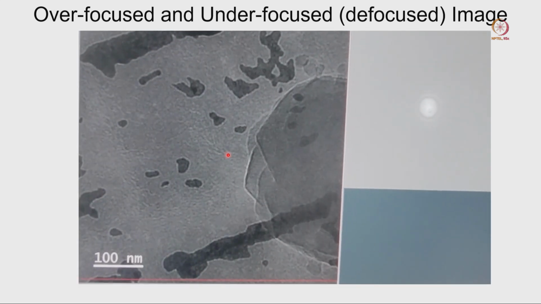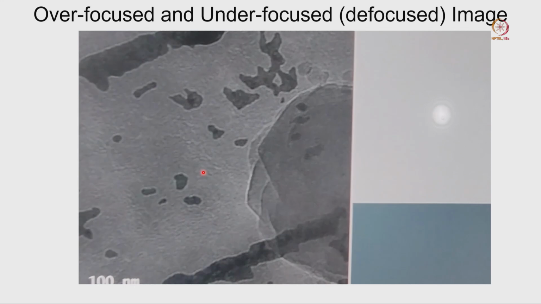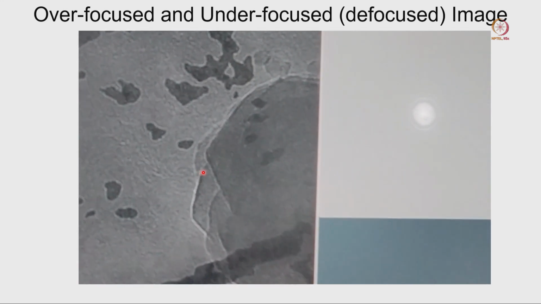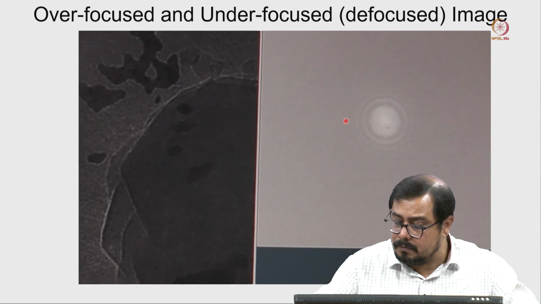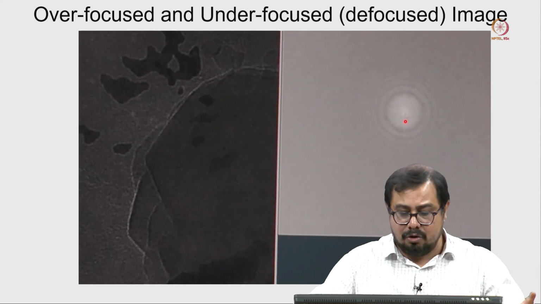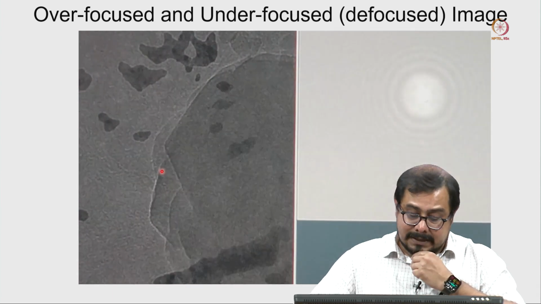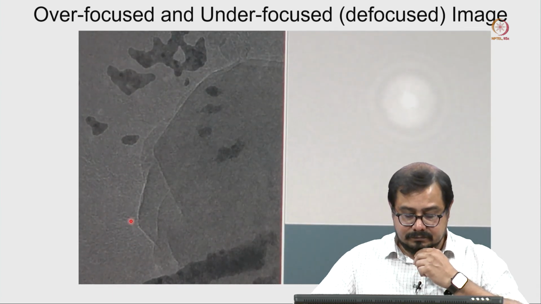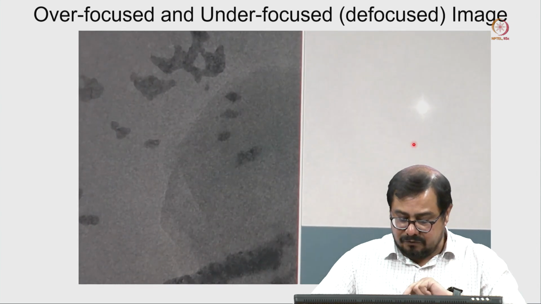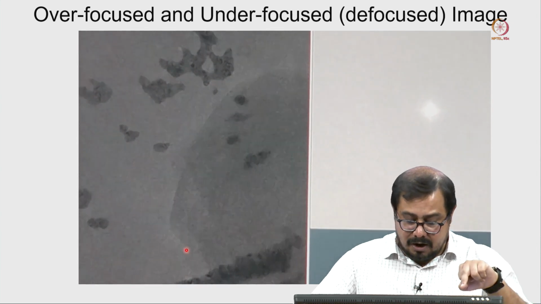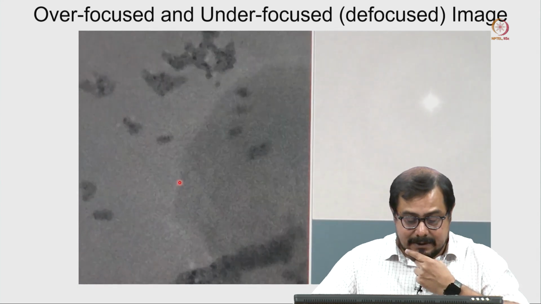Now when you go in the opposite direction, you can see that the overall pattern is looking a little bit different. What kind of difference can we see? Now we are going from here to 0 defocus, and then we will go to the positive defocus, where we can see the black fringe. Now this is exactly 0 defocus, all the fringes are gone. Now we are going in the opposite direction where we can see the black fringe.